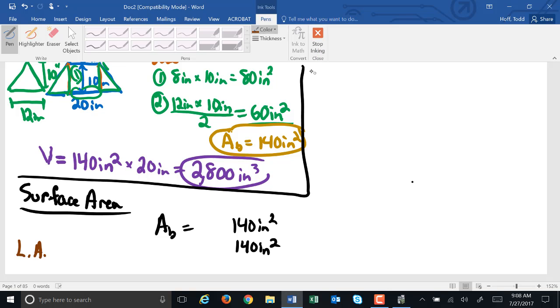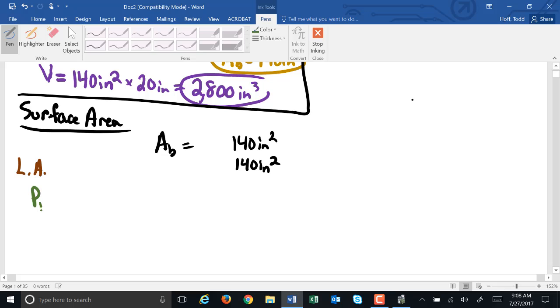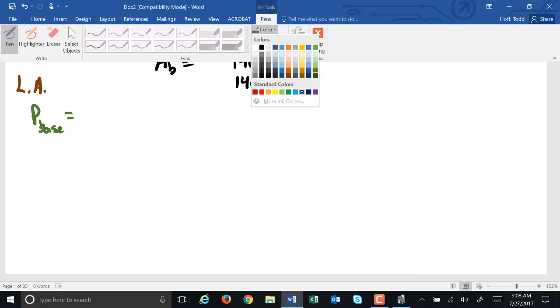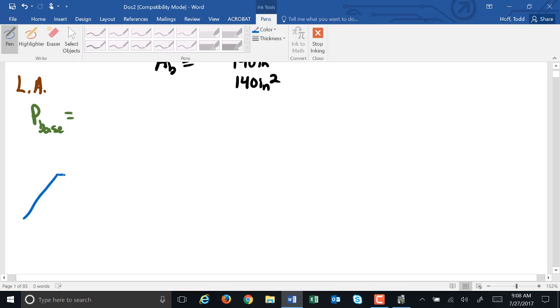To find the lateral area, we need to know the perimeter of the base. To find the perimeter of the base, we need to know some missing sides. So if this is 8 and 20, and this is